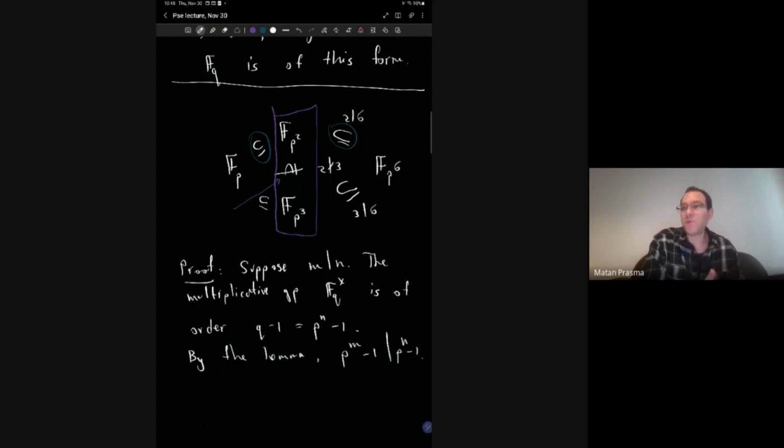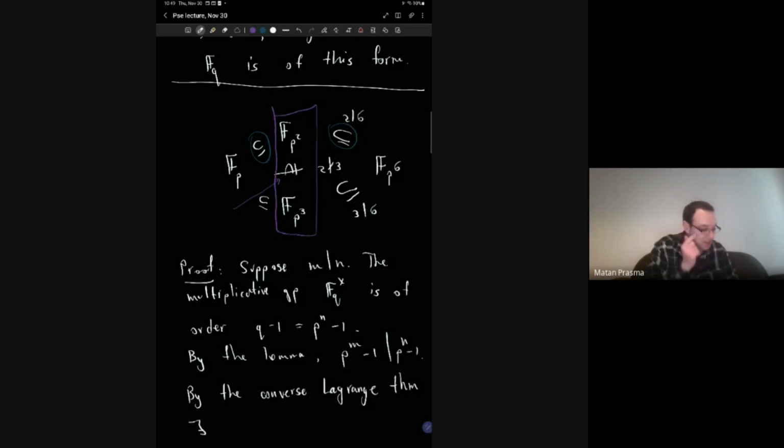We had what we called the converse Lagrange theorem. It means that if you have an abelian group and you have some number dividing the order of this group, then you must have a subgroup of this order. So by the converse Lagrange theorem,